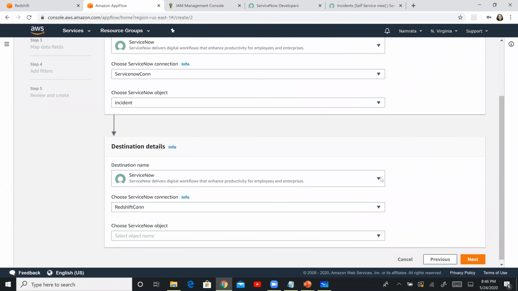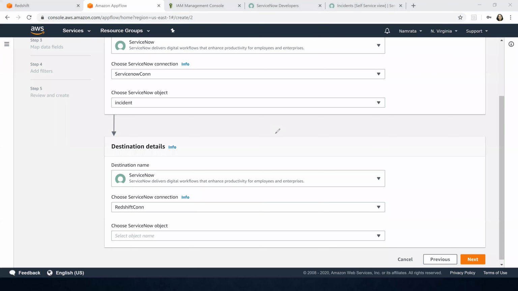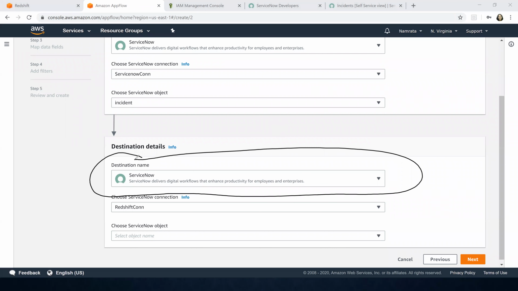Okay, so I believe I've got the classic error again, and let me highlight that to you, right? I think I'm getting this a second time around while I'm doing a demo. I don't know why it happens, but you see that the destination has suddenly switched to ServiceNow. Our destination was Redshift, and it is still Redshift. This is a bug from AWS.